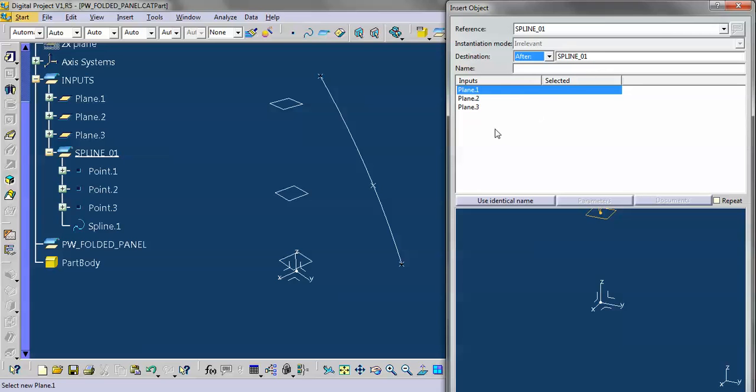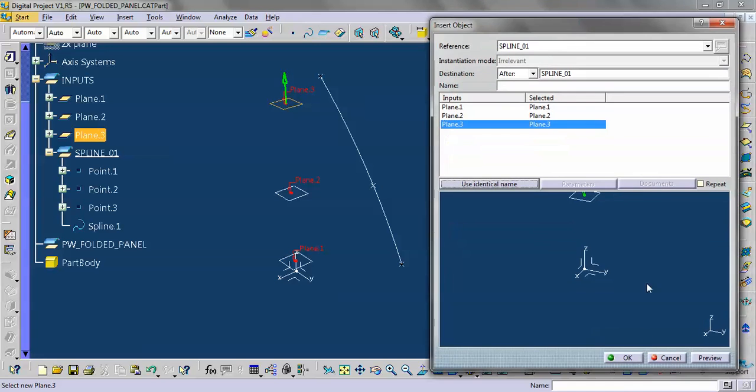Now let's say we had 3 different planes we wanted to place these on. We could select the 3 different planes. Let's say we wanted to reverse these and put them on plane 3, plane 2, and plane 1 instead of plane 1, plane 2, and plane 3. We could select these in reverse order as inputs, and it would draw the spline upside down. Or we can just say use identical names, and it's going to find each one of those planes. Press OK,